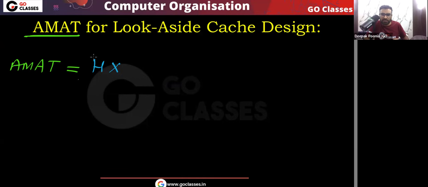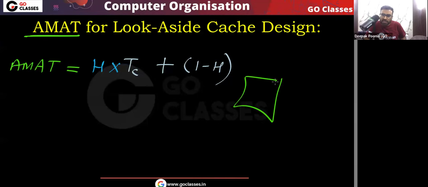So I am asking, when there is a hit in the cache memory, what is the total access time seen by the processor? That is basically the cache memory access time. And when the data is not available in the cache memory, what is the total access time seen by the processor? If the data is not available in the cache memory, then the total access time seen by the processor is basically the main memory access time,